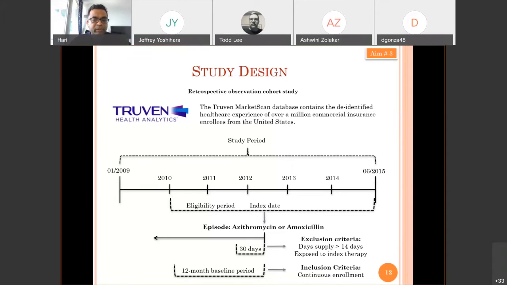Really, we were very, very general with our inclusion criteria. Patients had to be enrolled in the study for 12 months. And this is a differentiating factor in terms of what we've done versus previous studies. Previous studies had excluded patients based on age, certain conditions. There were other factors that influenced that, but we wanted to be more comprehensive and inclusive of all the patients who would have been treated. So we weren't restricted in terms of age or any conditions. Here, the continuous enrollment within the 12 months in the baseline period was the only criterion we applied.